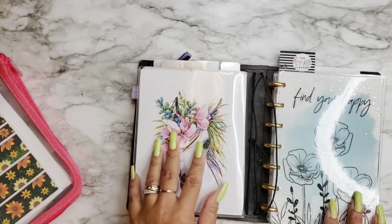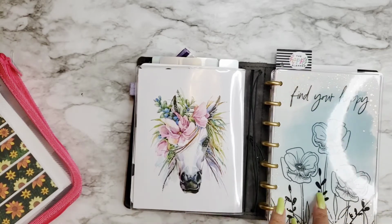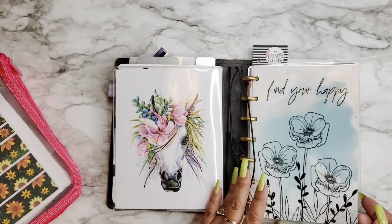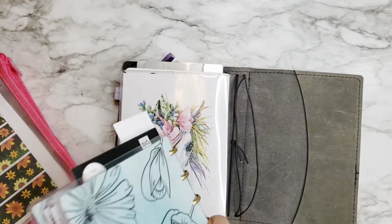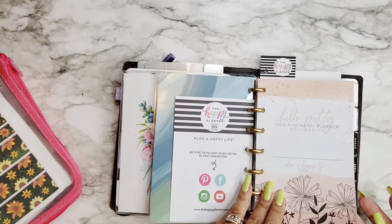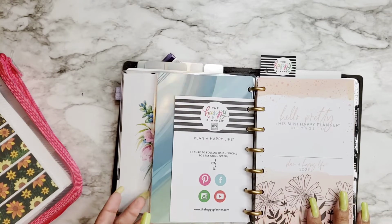And that's the back of this dashboard, which I also got from Walmart. And then in here, I have a dashboard layout happy planner or mini happy planner, which fits perfectly in the B6. It's just in here. I don't have it in the pockets because this would need to be cut and I didn't want to do that. And in here, this has just a few notes and so forth that I keep